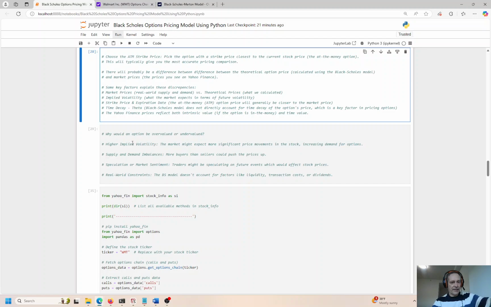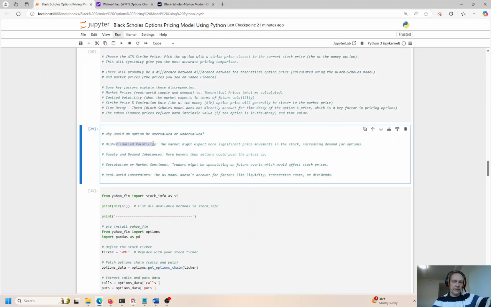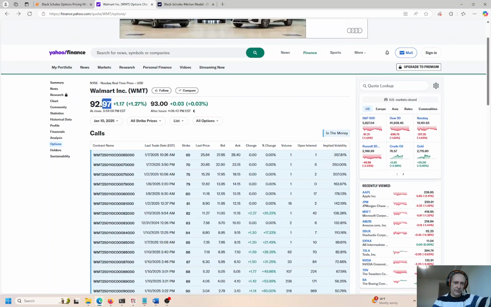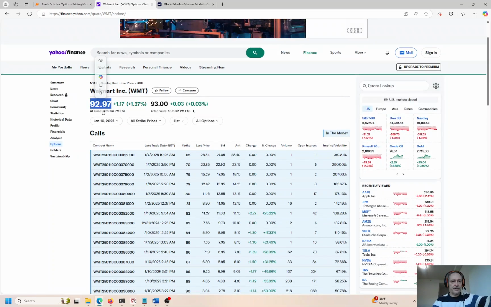Okay, so why would an option be over or undervalued? There's higher implied volatility. We saw that the market will actually capture that volatility. The Black-Scholes model won't. It's trying to make that guess, but there are certain limitations and constraints too. Supply and demand imbalances. The market is aware of that. The market prices are updating constantly. You'll see this price updating all day long. That's just stopped because the market has just closed